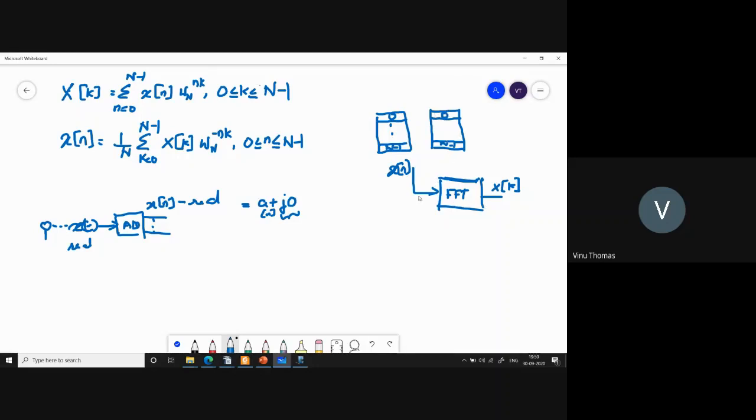However, how many memory locations are required to complete the entire operation? Meenakshi, you can answer that again. How many memory locations will be required to complete the operation? 2n memory locations. You require 2n memory locations because x of k is a complex valued sequence. Especially when a is real, x of k is generally a complex valued sequence. X of k is definitely a complex valued sequence if a is real and causal. So that you will see in the third body. So when a is real and causal, that definitely x of k is a complex valued sequence. So you will require 2n memory locations.